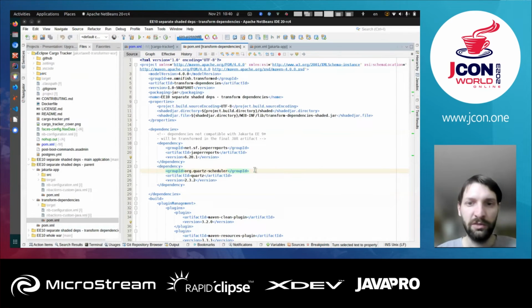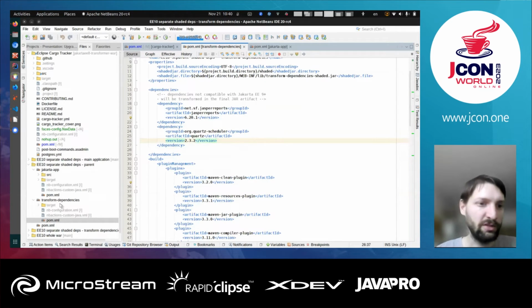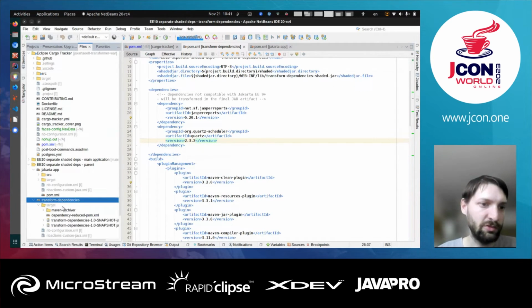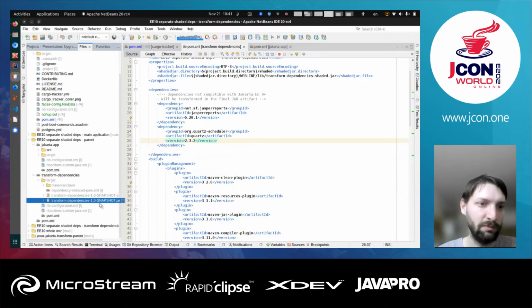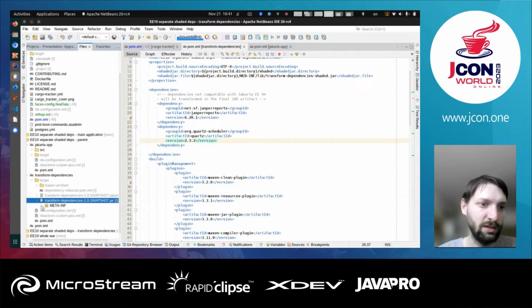So we'll move to this project, and this is where I move them. Now they are dependencies not of the main application, but transitive dependencies of this transform-dependencies module. The main application depends on this module, and this module depends on the dependencies that need to be transformed. The end result of this module is that we have one big jar file